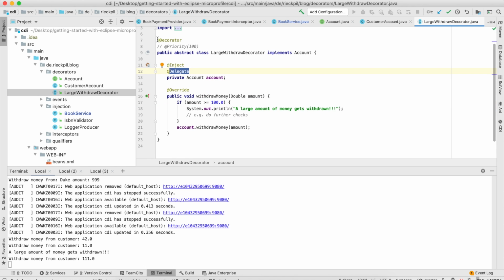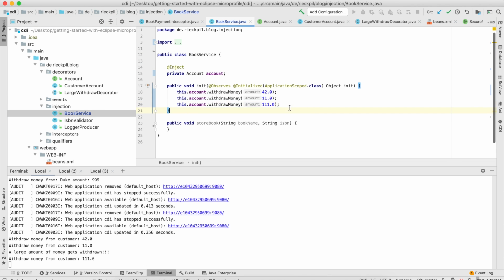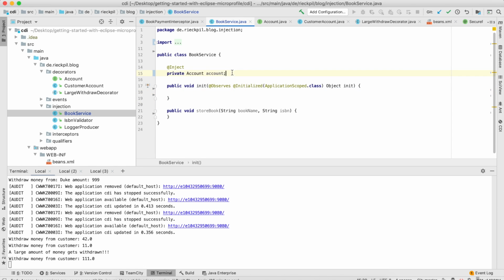You have to use this @Decorator annotation, and like I already told you in the interceptor tutorial, the decorators and interceptors are deactivated by default. So either use the @Priority annotation, so you can also have multiple decorators and interceptors and specify the order with the priority annotation, or use the beans XML file and specify the decorator class which you want to activate. Well, let's remove it for now again and move to the last topic of CDI